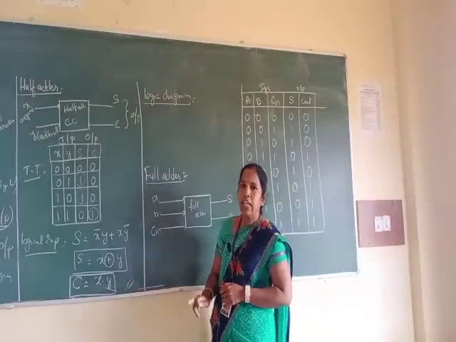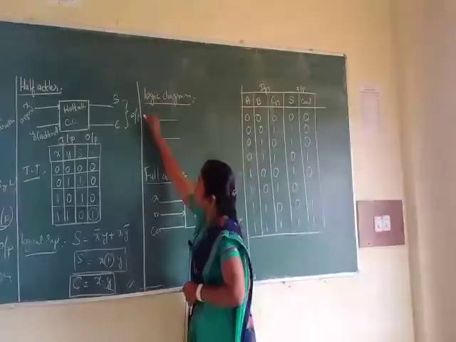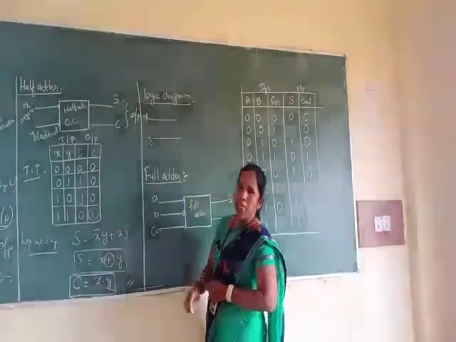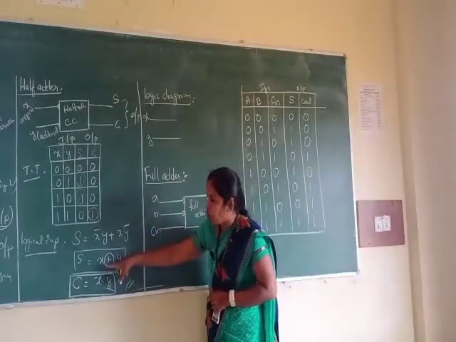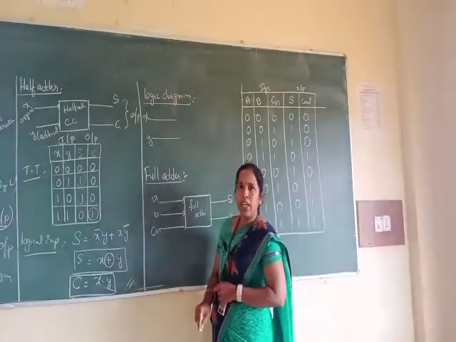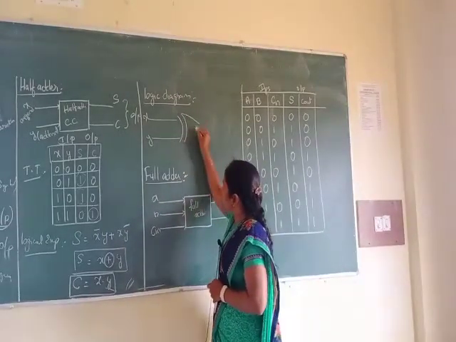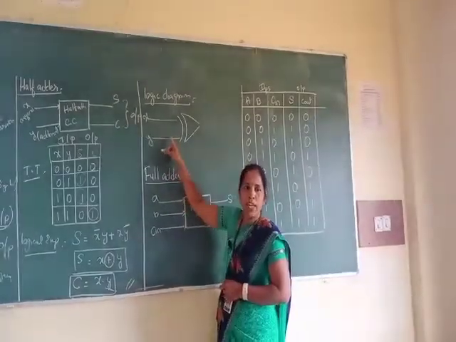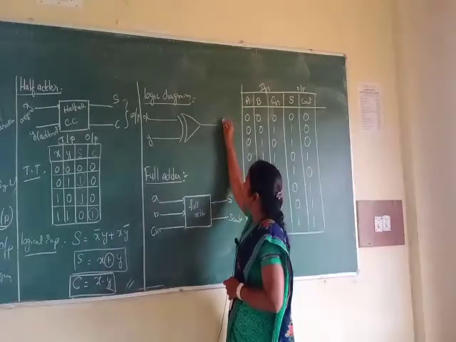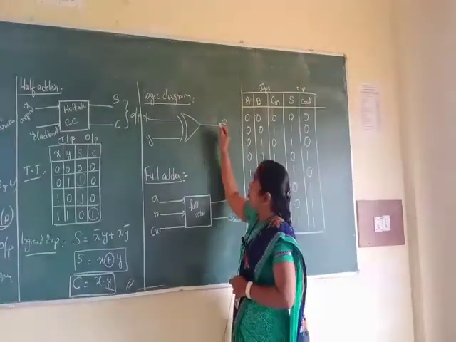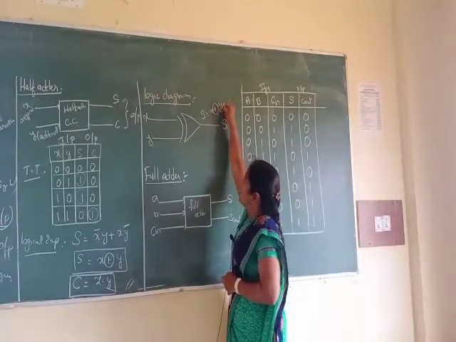So how many inputs are there? 2 inputs. Now here I am taking x, y, right? Drawing the logical circuit diagram x, y. So in this case, first one is S is equal to x XOR y, right? Now in that case, XOR gate. So what is the symbol you have? Like this you have, right? X, Y, it is connected to the XOR gate, and then you are getting the output as S, right? So now here you will write S is equal to x XOR y.